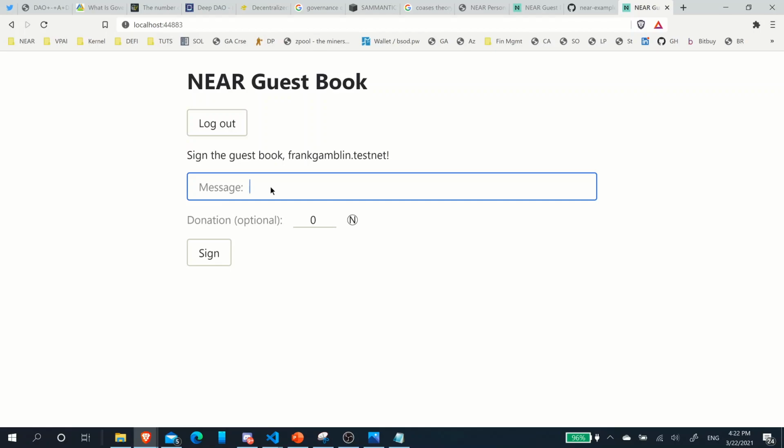Guestbook, and of course I could write a message, sign it, and sign the guestbook as Frank Gamblin. And that's what the default Near Guestbook app looks like. So we're going to make that look much better and add a little bit of personality to it. So next step,